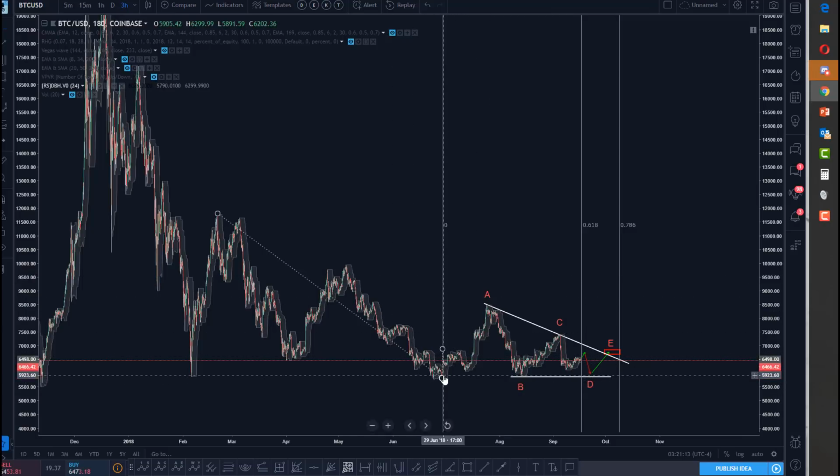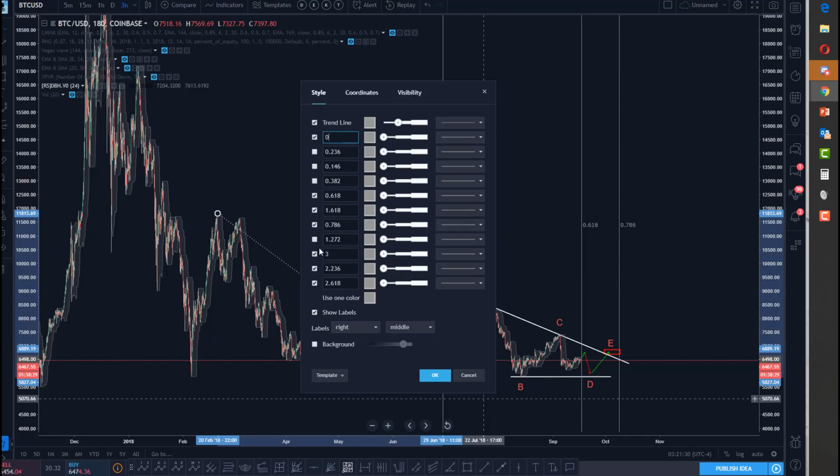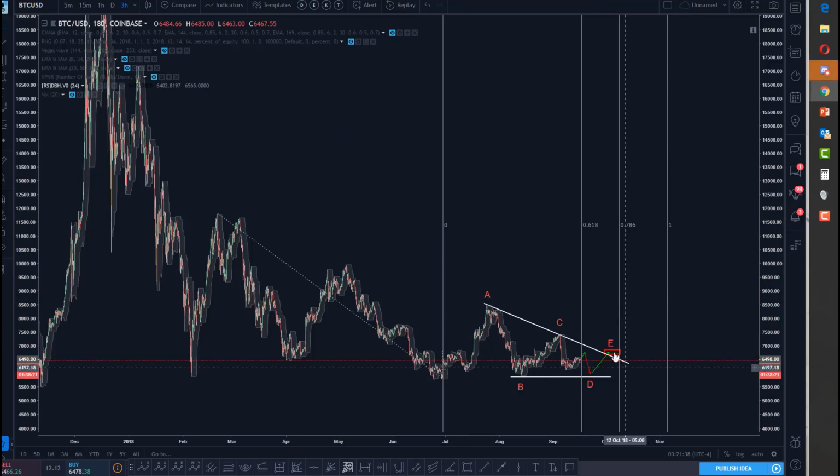But anyway, look at this, 618. We're almost at the 618. 786 here to potentially put the D in, the E in. That's kind of interesting. But where's the 100%? I don't know if I see it going all the way out here, but 786 as an ending spot, maybe even the 886 can be interesting. It's a perfectly credible fib time relationship between this part of the correction and the rest of it.